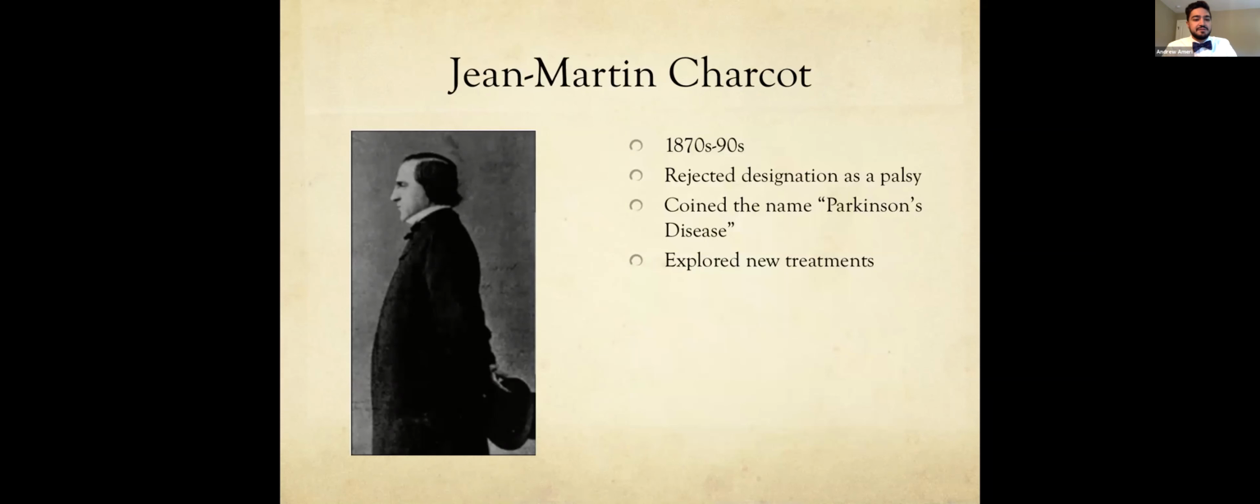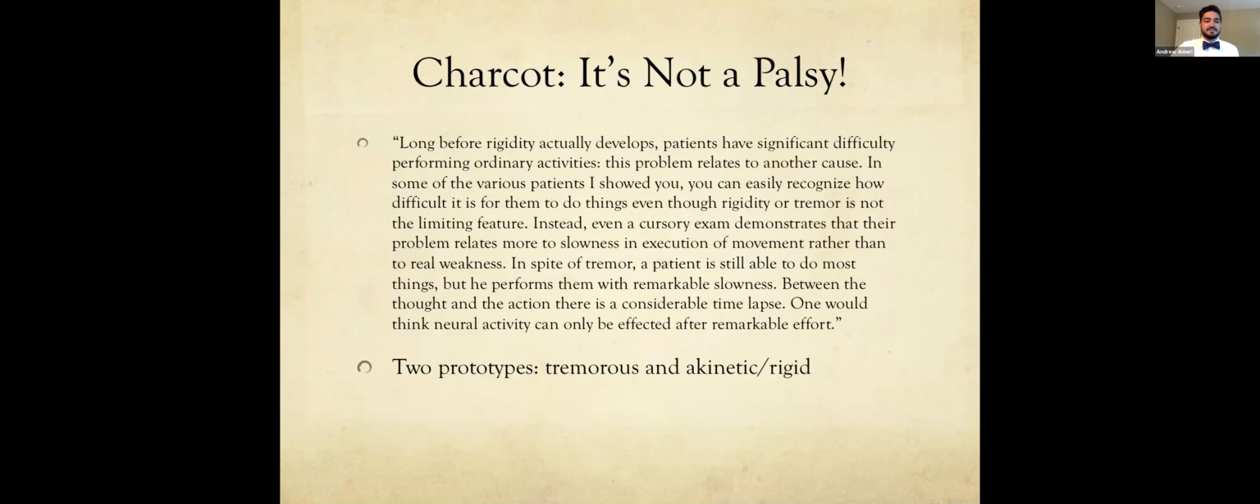Jean-Martin Charcot was a famed French neurologist who worked and taught at the famous Petit Salpêtrière Hospital for 33 years. In his teachings, he was more thorough in his descriptions of what is now known as Parkinson's disease, and notably distinguished bradykinesia as a separate cardinal feature of the illness and rejected weakness as a cardinal feature. Dr. Charcot rejected prior designation of the disease as shaking palsy or paralysis agitans, and I'll read this little quote